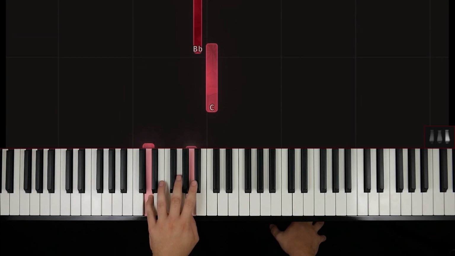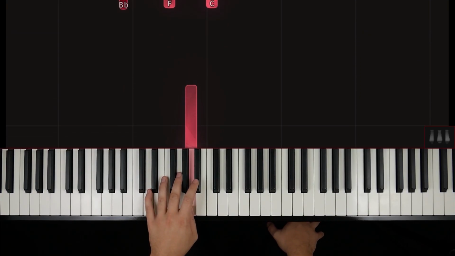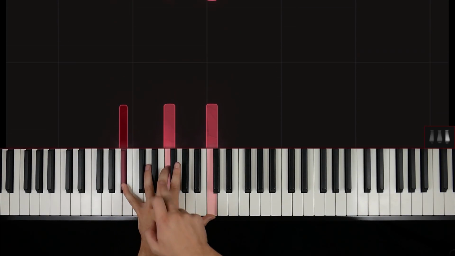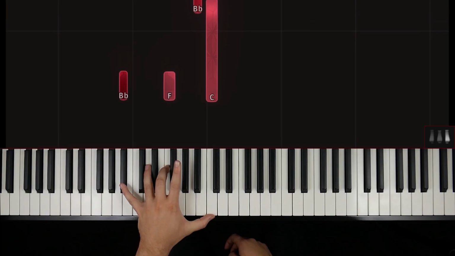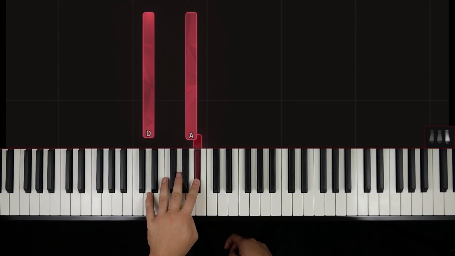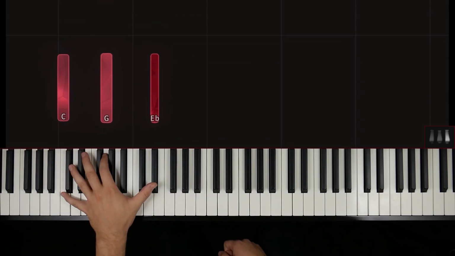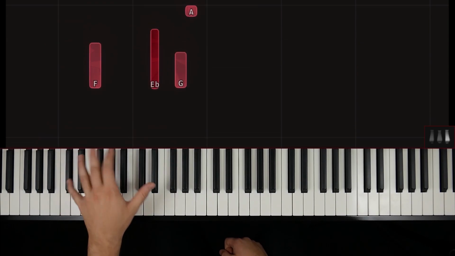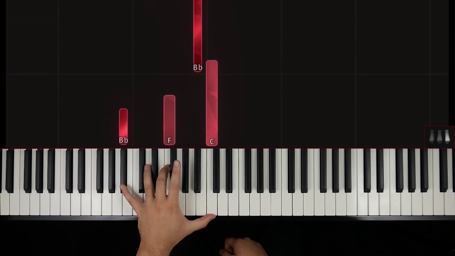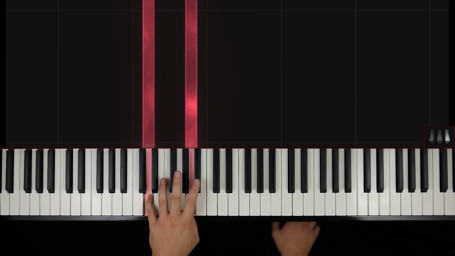Like that. And you'll notice that I do a little bit more on the top notes because it is melodic, right? The bottoms are supportive, the bottom 2 here. And what is melodic about the left hand here is this descent. With the counts, 1 and 2 and 3 and 4 and